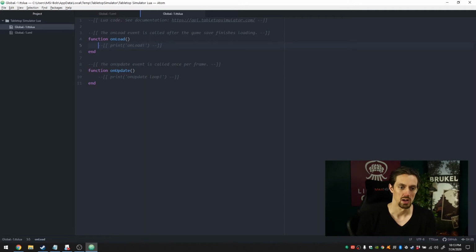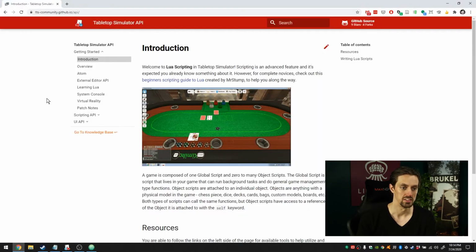In particular, the top annotation is actually really useful. It tells you if you need some help, check out the documentation, https://api.tabletopsimulator.com. And if you go to that website, you will reach the Tabletop Simulator API. So the API is basically a documentation of all the information that you could possibly need to write your code in Tabletop Simulator. Now, if you look at my web browser here, I am actually not on api.tabletopsimulator.com. I'm at